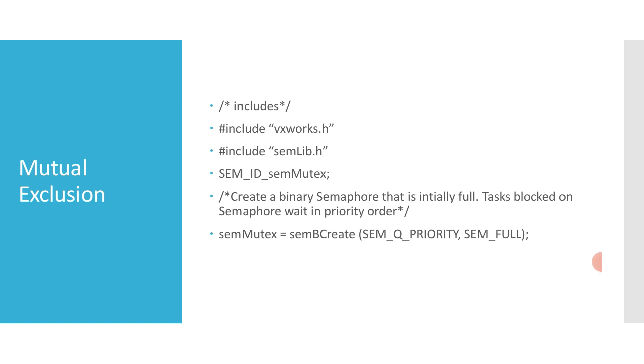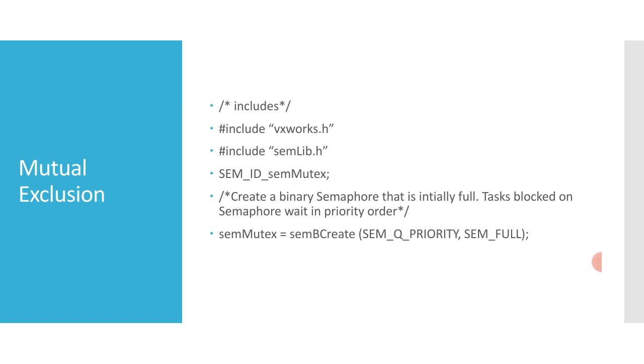When a task wants to access the resource, it must first take that semaphore. As long as the task keeps the semaphore, all other tasks seeking access to the resource are blocked from execution. When the task is finished with the resource, it gives back the semaphore, allowing another task to use it. This we already discussed in our previous video called tasks, where we remember that all accesses to a resource requiring mutual exclusion are bracketed with semTake and semGive. We have a critical region in between, only accessed by a single task at a time.